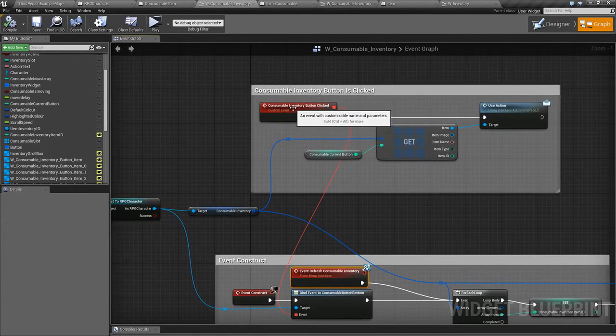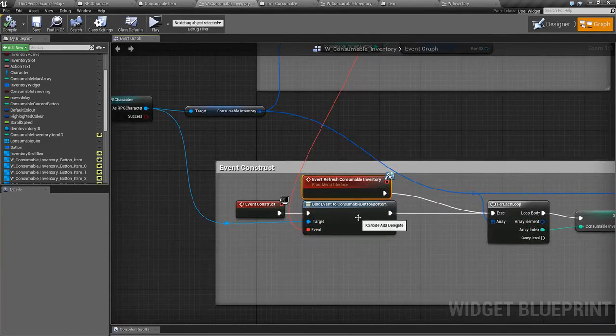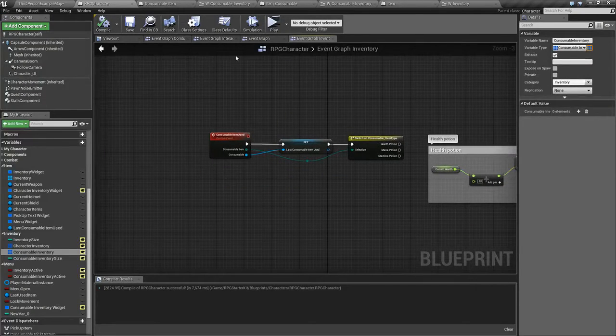I also added another custom event and created another bind event in the character. So when I'd pick up something, it would then add it to the